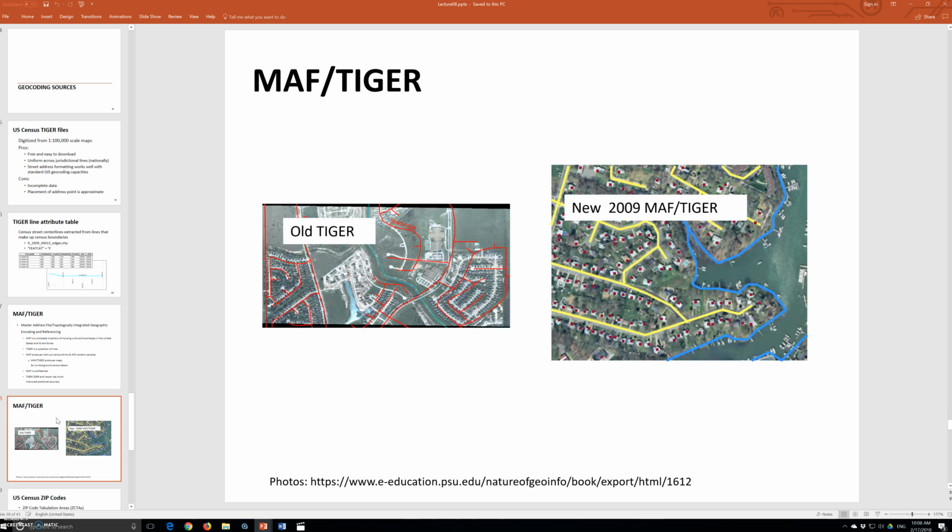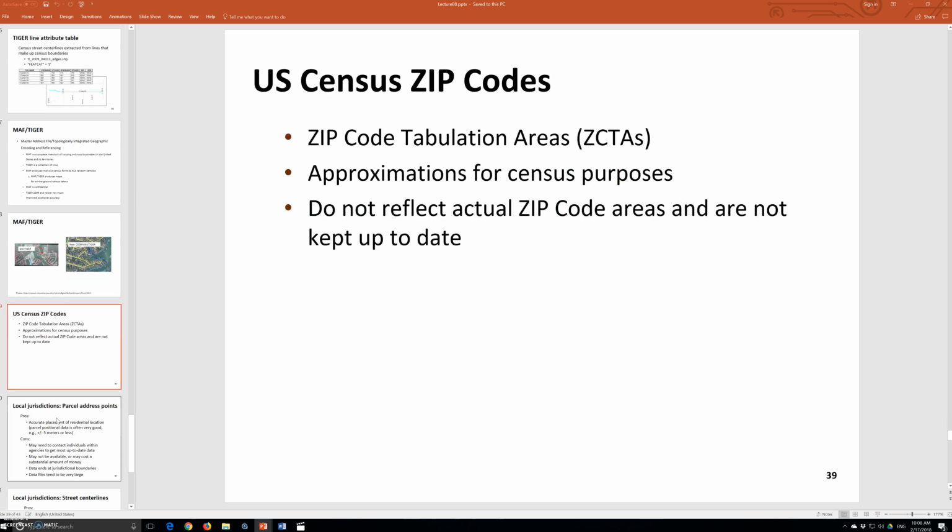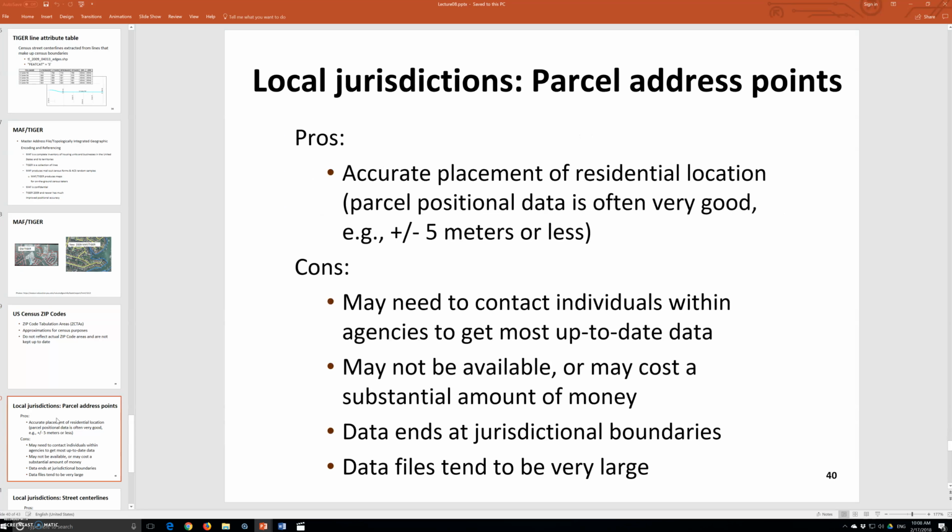So this is the TIGER file. Census ZIP codes are ZIP Code Tabulation Areas. They are an approximation for census purposes, do not reflect actual ZIP code areas, and are not kept up to date. So there are some local jurisdictions,